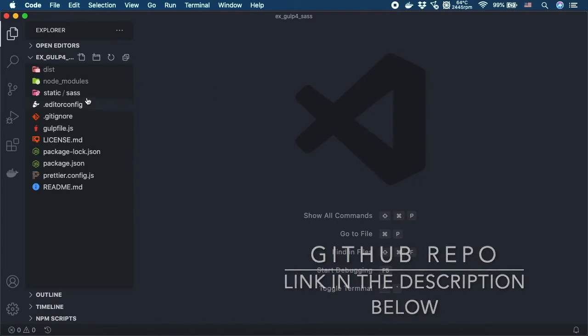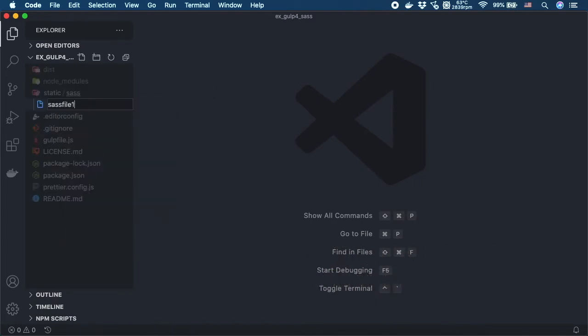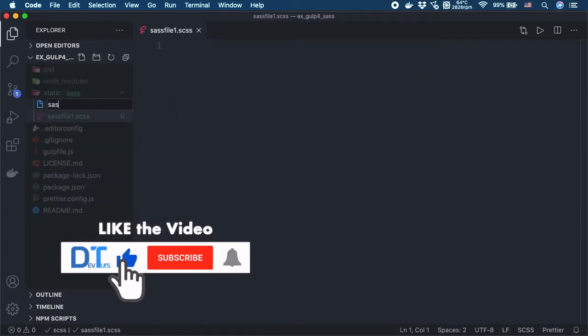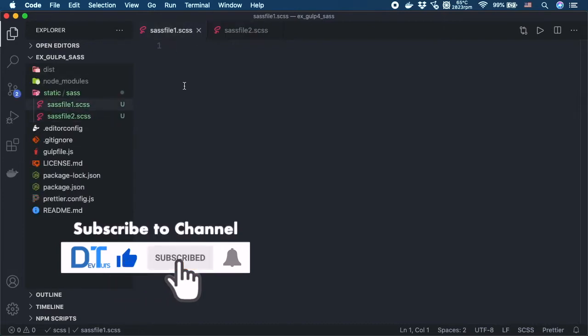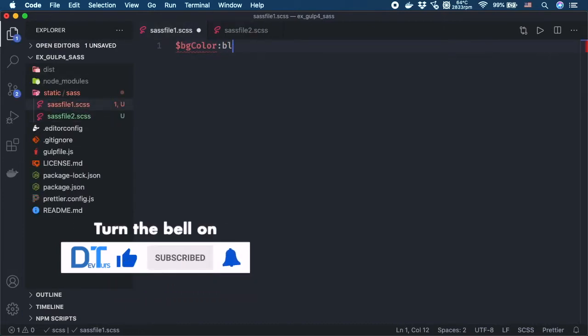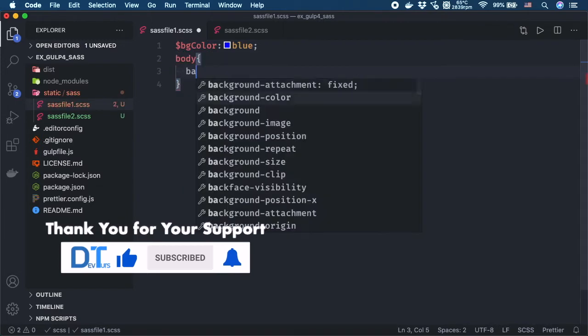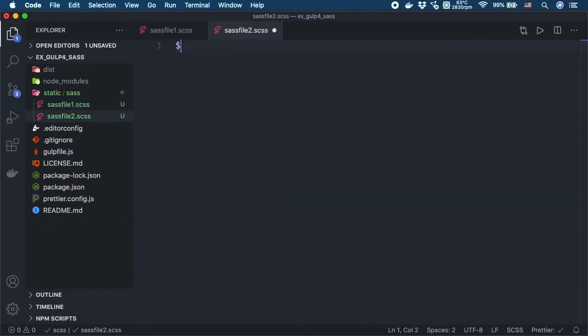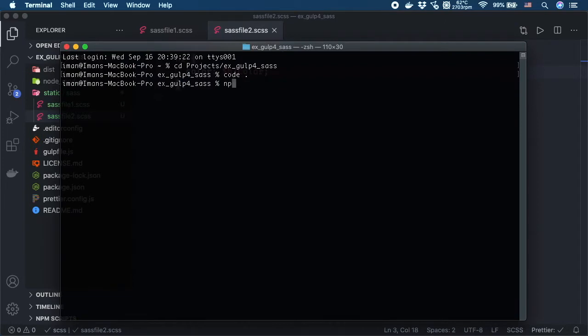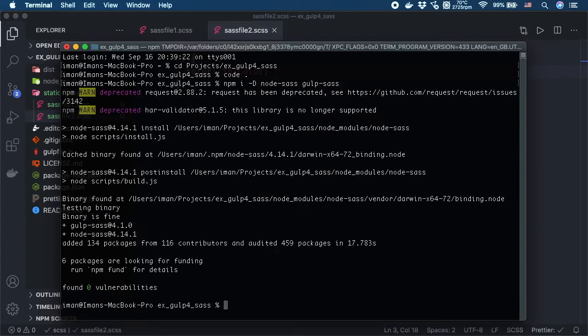I'm using VS Code, but feel free to use any code editor you prefer. I assume you have installed gulp-CLI package globally and gulp package locally in your project dev dependencies. You are going to compile SASS files, so you will need some SASS files obviously. Create or copy them into a directory in your project. Then go to the terminal and install node-sass and gulp-sass by running npm i -D node-sass